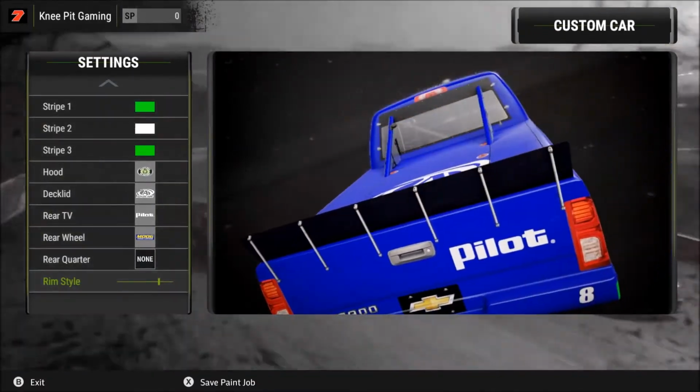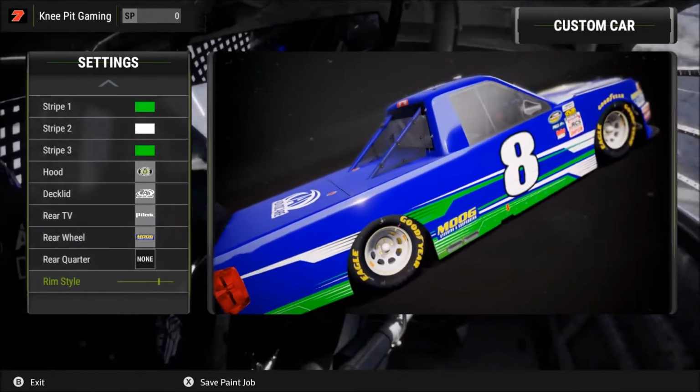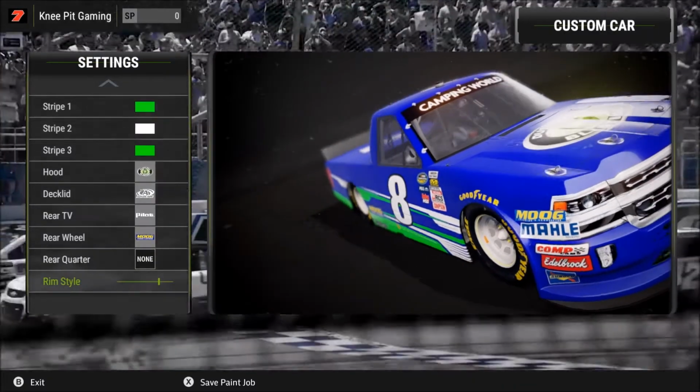There, I've gone with one of the lighter options for the car. Not a whole lot of difference there, but there you have it. Those are your paint options. And just to show you